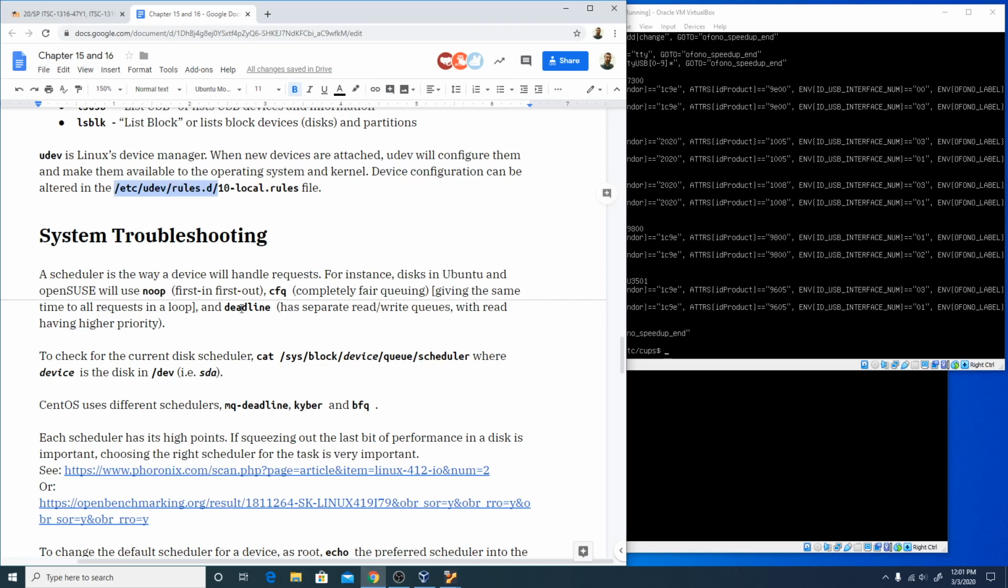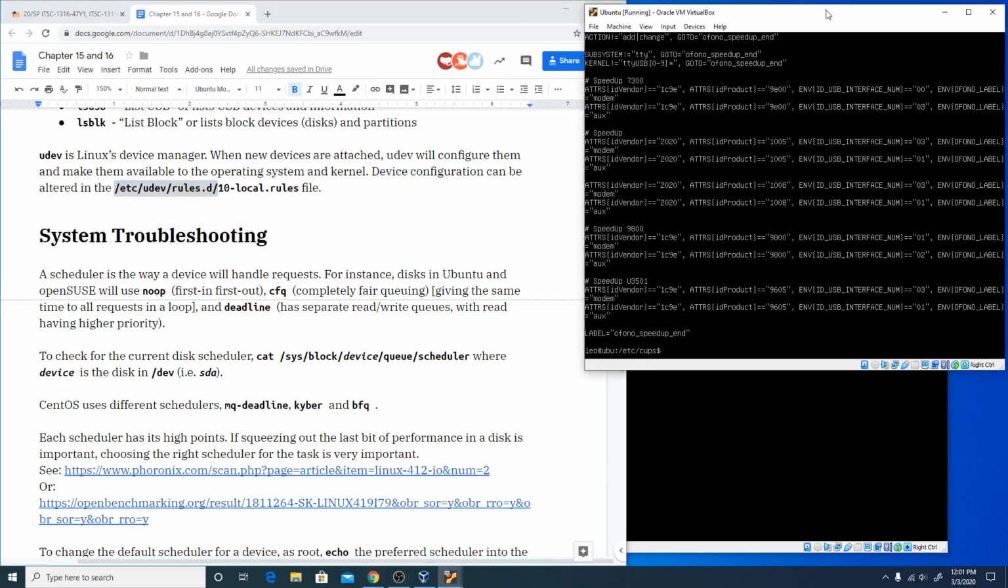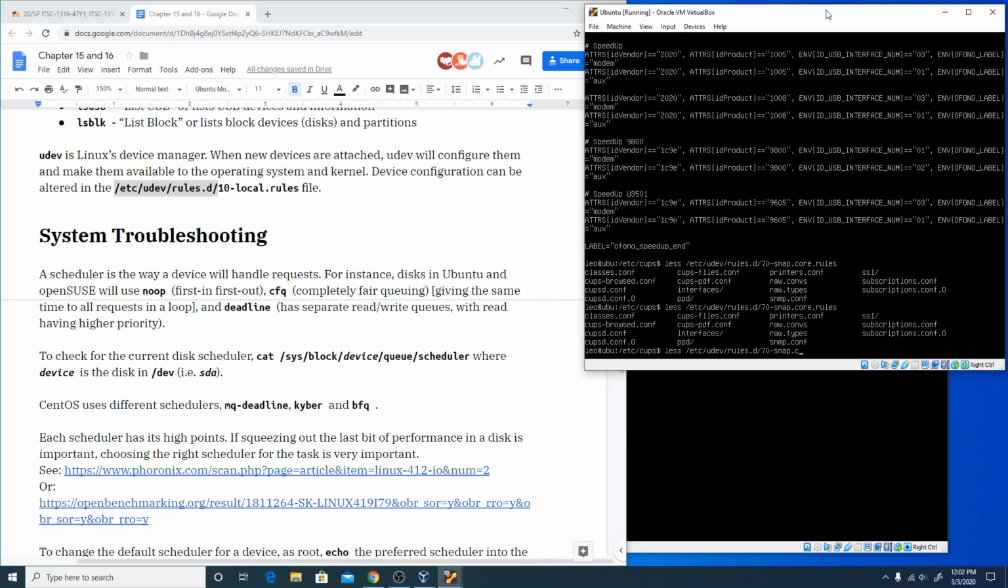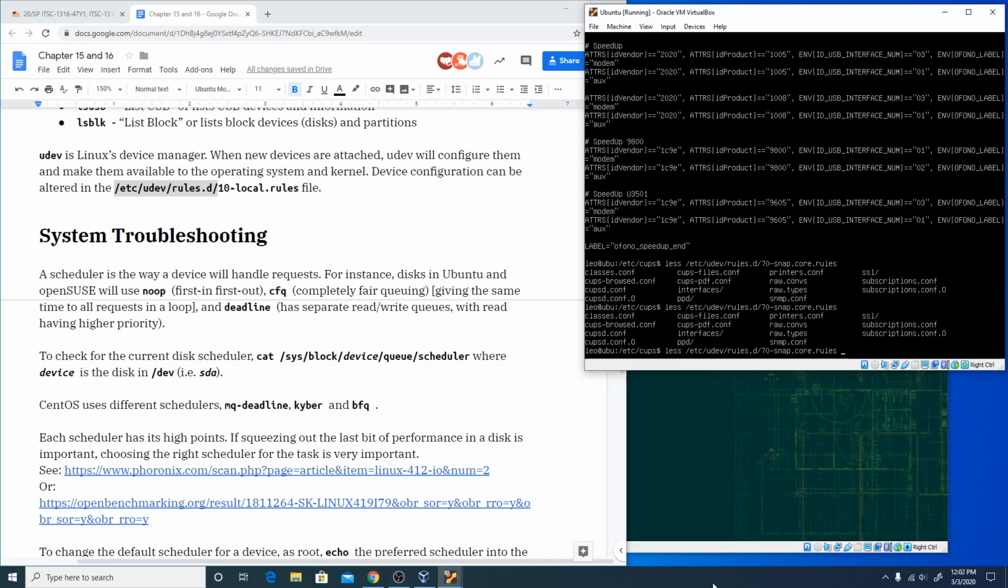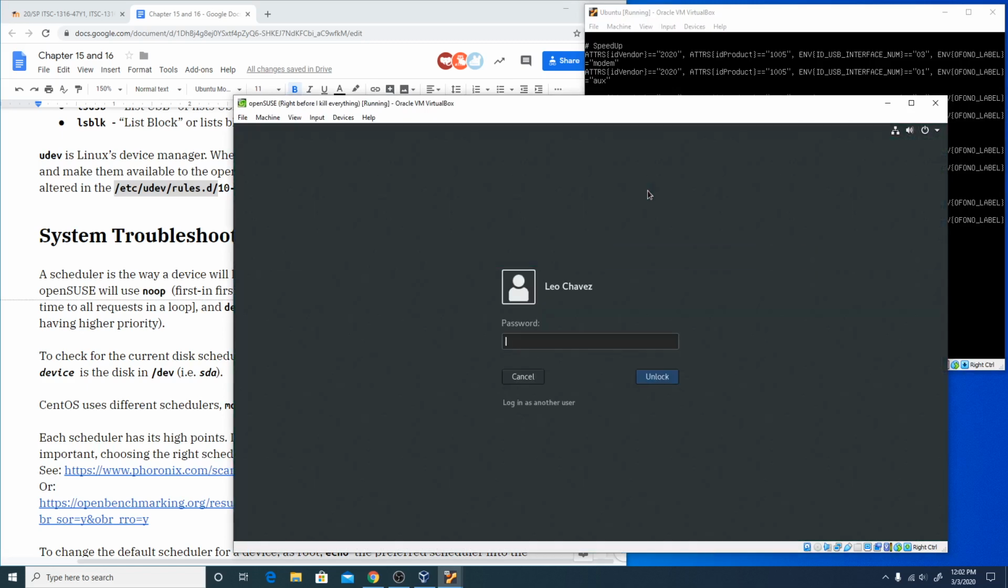And in that directory will be a file, typically 10-local, but at least in the most modern versions of Ubuntu, it's 70-snapcore or snapdev or whatever it was. Yeah, a .rules file that will configure all of that. And that's the only file that's in there. So that's where all those rules are. I would imagine in CentOS it's probably the same, 10-local, whatever. Let's look in